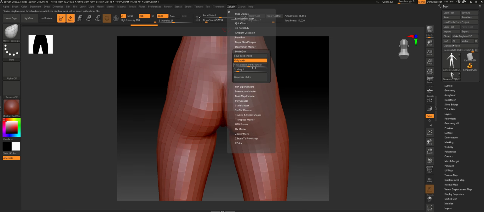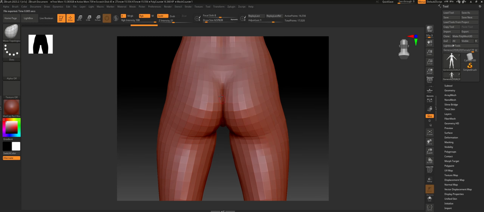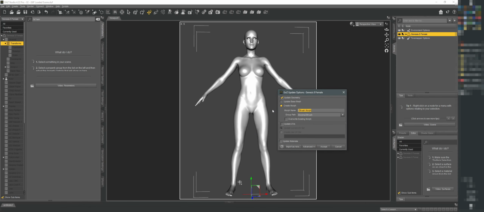the DhdmGen. No matter which displacement threshold we select, there will be some artifacts, and we go to the save base shape and we will call it HD test morph 03. We will save it. HD test morph 03. We can now go back to DAZ. We will call the morph HD test morph